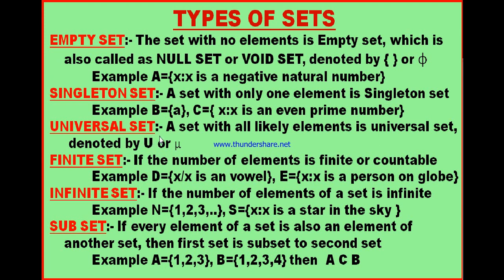Let us go for the universal set also. I previously gave an example of a universal set: we took the set of students of a school as the universal set. For this universal set, there are subsets like the set of volleyball players, the set of cricket players, the set of kabaddi players, like this. The set of cricket players, the set of volleyball players and the set of kabaddi players are subsets of the universal set. Therefore, every set is a subset of the universal set,